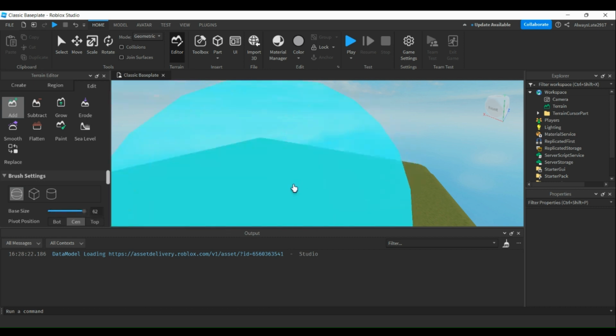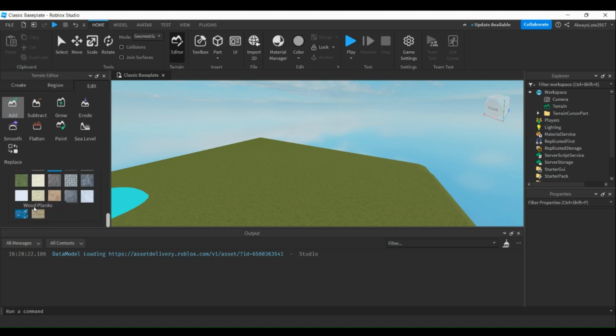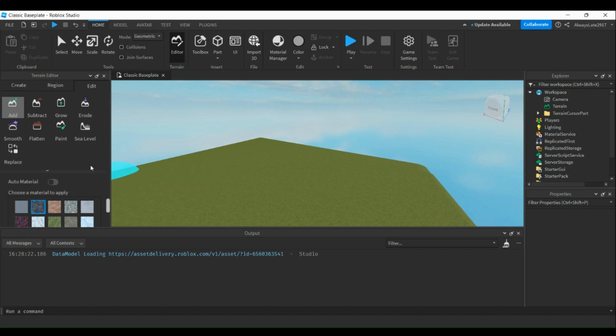This is a really large brush size, and you can go to a really tiny brush size. Depending on what you are terrain editing is what you'd want to change the brush size to. With the smaller brush sizes you can get more details in, and with the larger brush sizes you can get more terrain on. So I will click, just to show you all a different terrain, basalt,